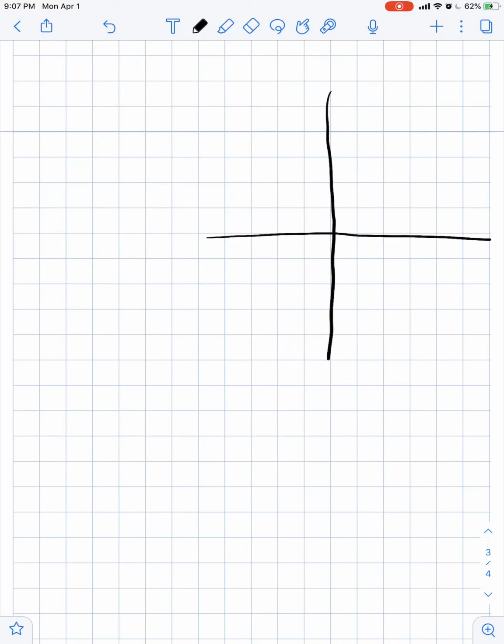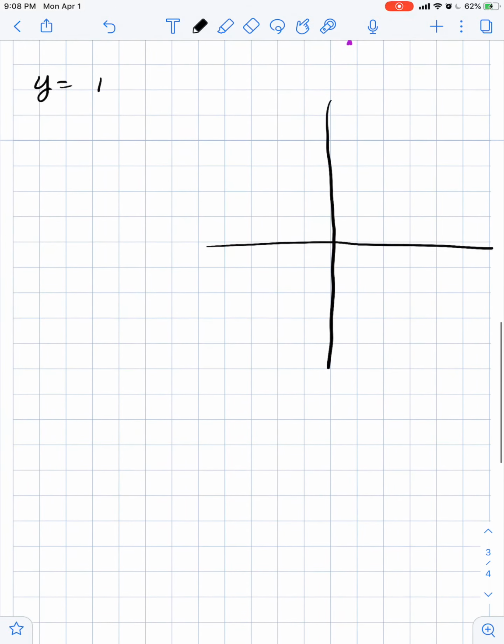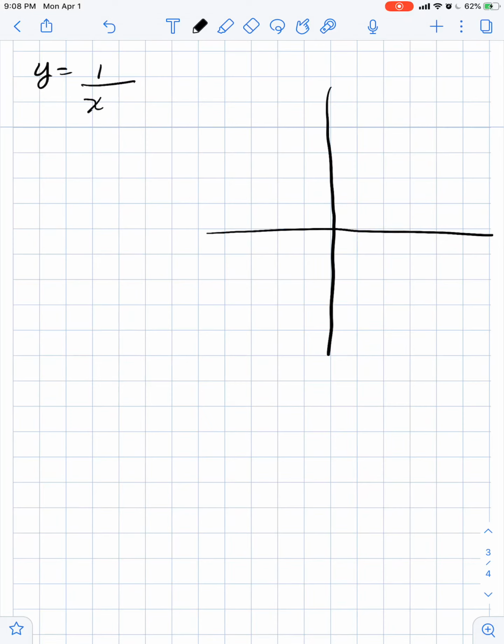And hopefully you remember that if we put numbers in the denominator, then that's going to move it left or right. Okay, because this is with my x. My x is my left or right. But let's go ahead and do a quick